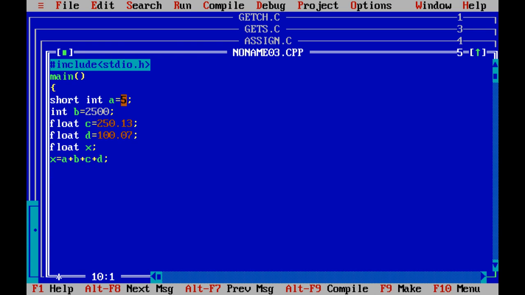After converting these variables, they will be added and the resultant value is stored in the float variable x. We will see the output by using the printf, value of x is